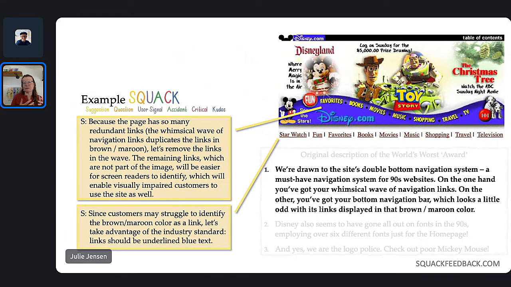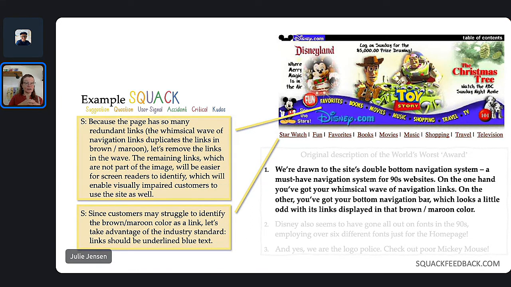And what I've done there, if I'm really trying to partner with that design team that created this page, is this: I don't like this, or I find a problem with this navigation, but I'm also trying to help them understand why my suggestion is better. And in this case, trying to improve it for visually impaired customers, right? That's that persuasive element, trying to really tie it into our audience, right? The people who might be visually impaired and wanting to use the Disney website.